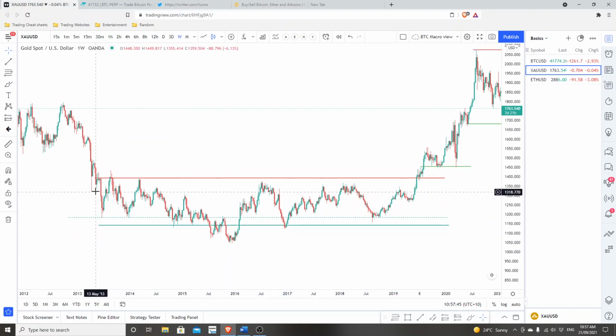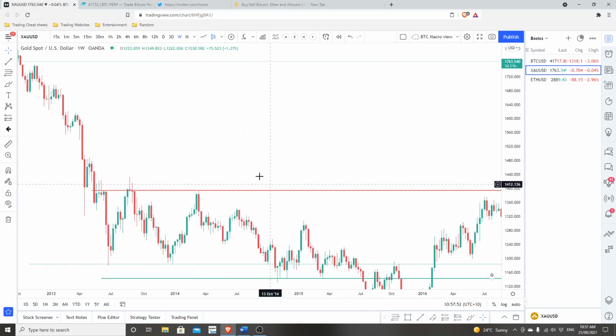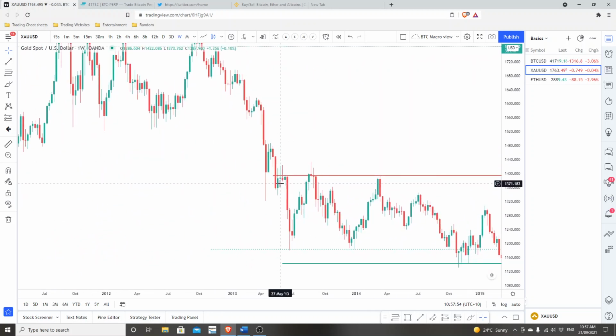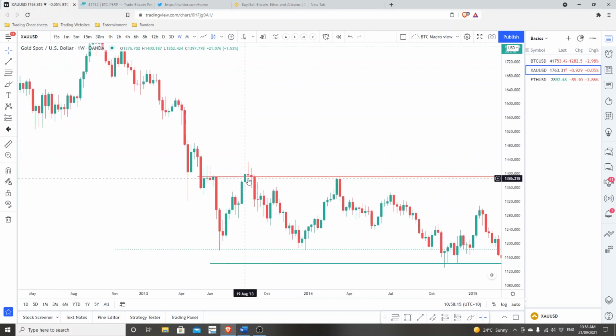Like, if you've done that, it came down through the level. We made a little resistance area here. We had 1, 2, 3, 4 weeks failing to close through that level, and a big sell-off. We have an initial support here. We come up back to this level. We get a candle, 1, 2, 3 closes above it, but they're really wicky, and the wicks, especially on this candle here,